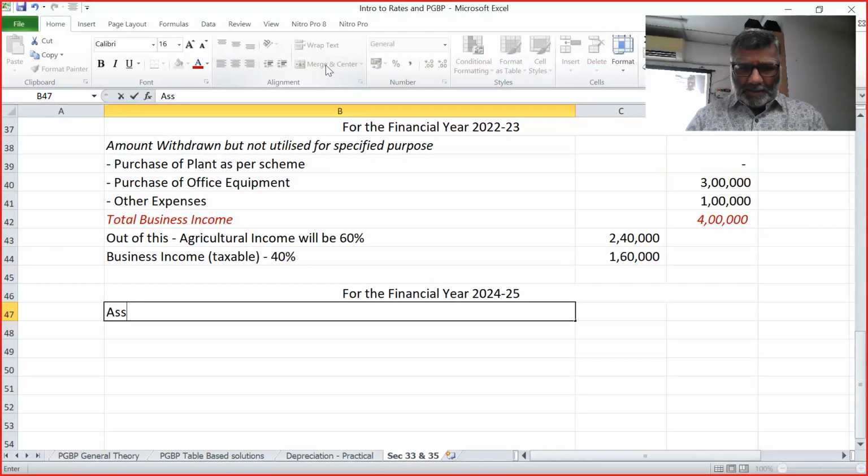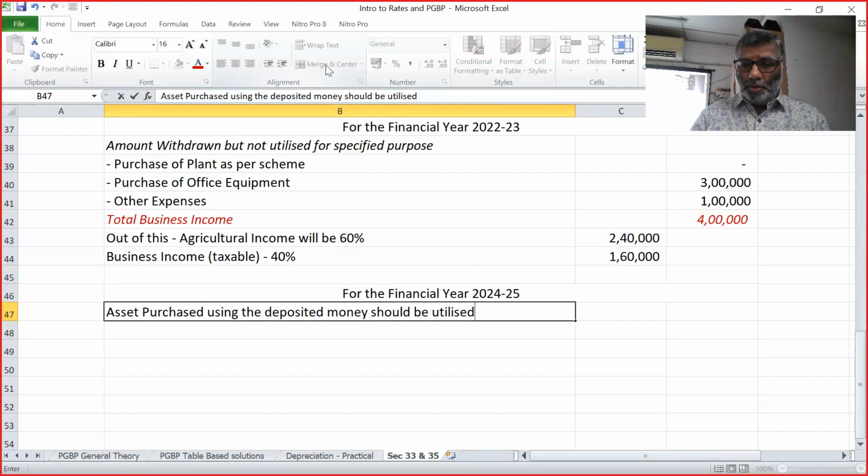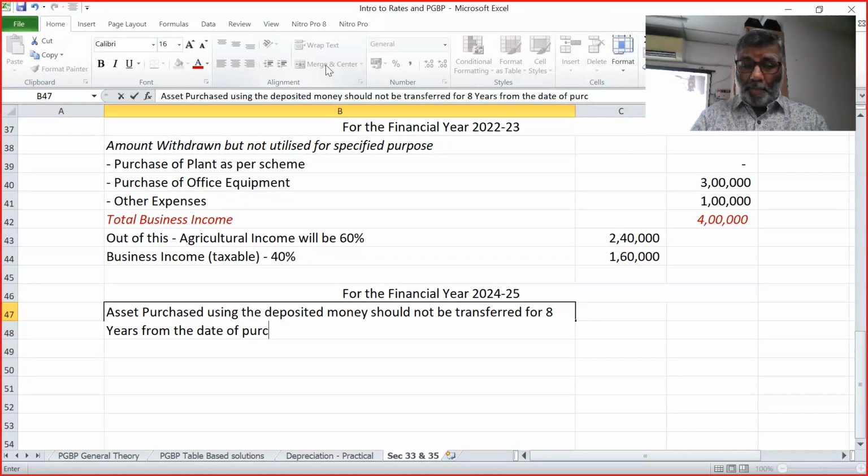The asset purchased using the deposited money should be utilized for the purpose and should not be transferred for 8 years from the date of purchase, not from the date of deposit, from the date of purchase. Where it is transferred,